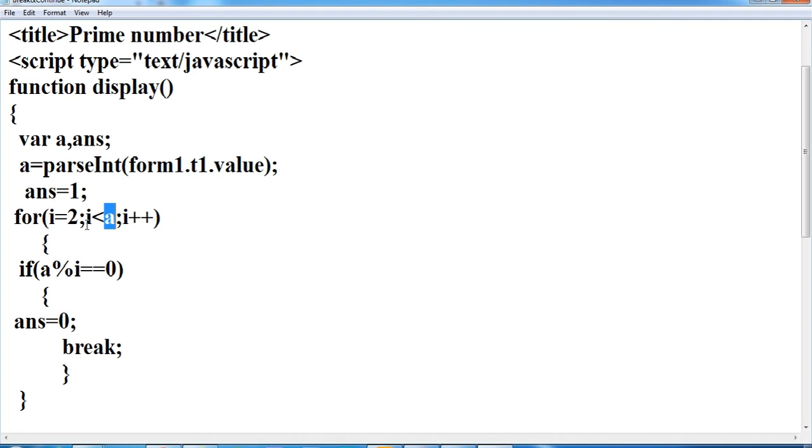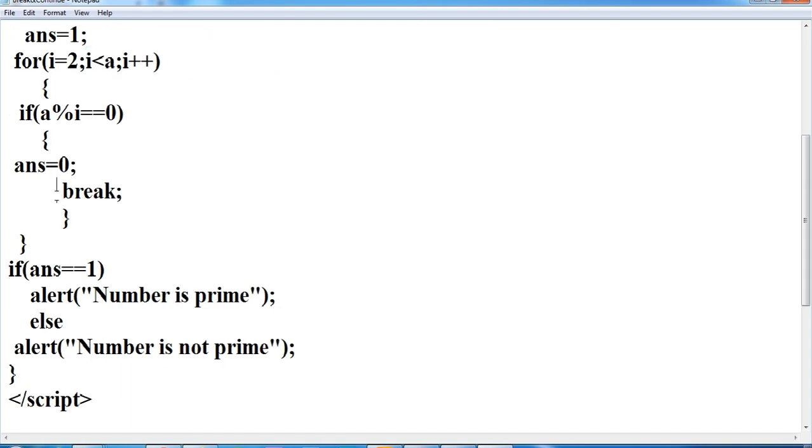I am initializing my value of i at 2, and i is less than 4, and I am checking whether the remainder is 0 or not. 4 is divisible by 2, so the number is even, and when I divide it, my remainder is 0.